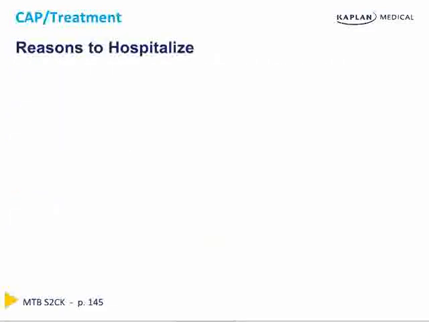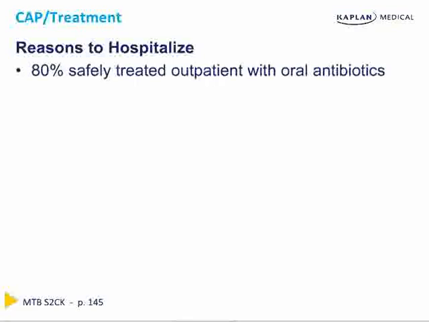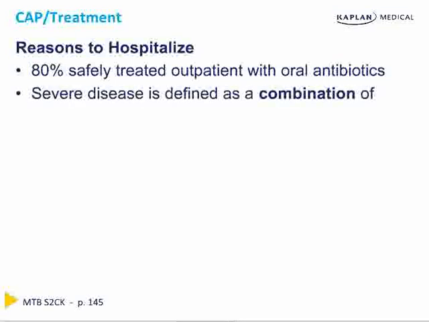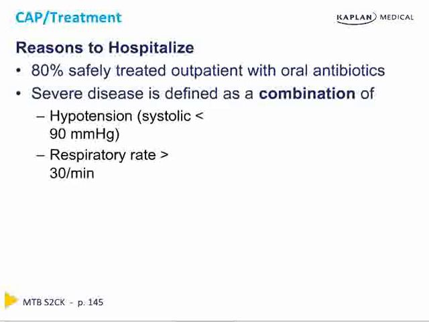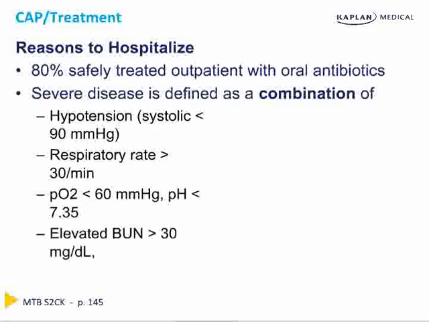With regard to the decision of whether to admit a patient to the hospital or to treat as an outpatient, there are several tools we can use. 80% of patients are actually treated as outpatients with oral antibiotics, and they do just fine. However, patients with severe disease need to be hospitalized. This is defined as a combination of hypotension, systolic less than 90, a respiratory rate greater than 30, a PaO2 of less than 60 millimeters of mercury, or a pH in the arterial blood of less than 7.35,